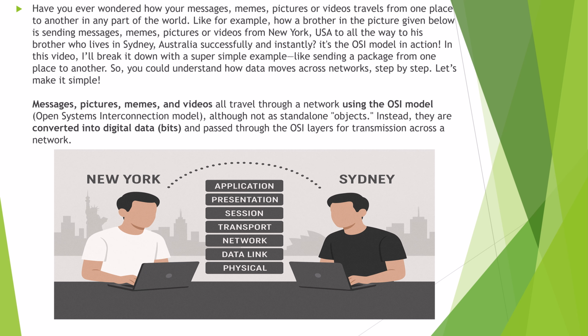Have you ever wondered how your messages, memes, pictures, or videos travel from one place to another in any part of the world? For example, how a brother in the picture given below is sending messages, memes, pictures, or videos from New York, USA all the way to his brother who lives in Sydney, Australia, successfully and instantly, is the OSI